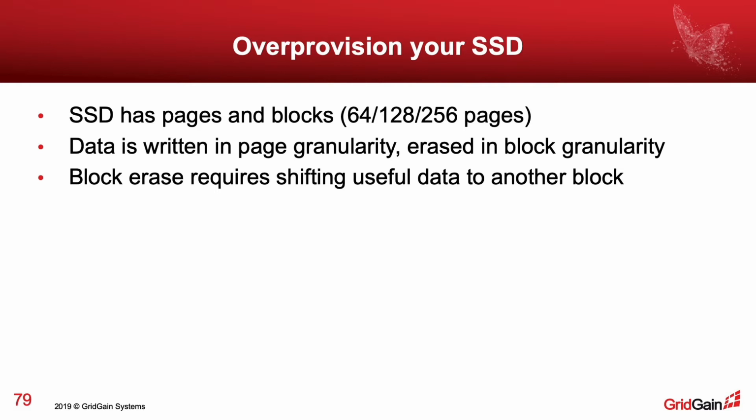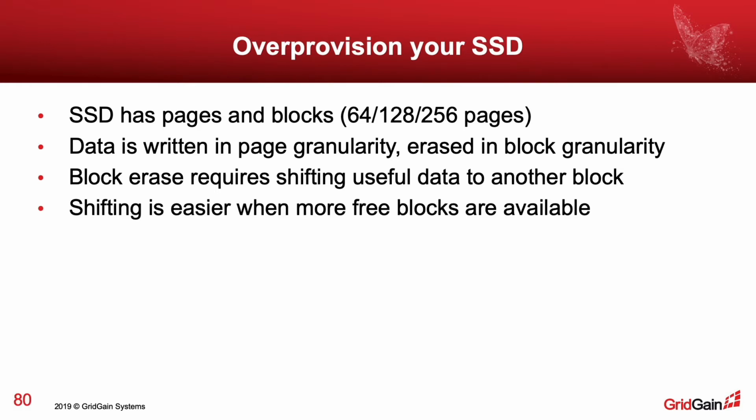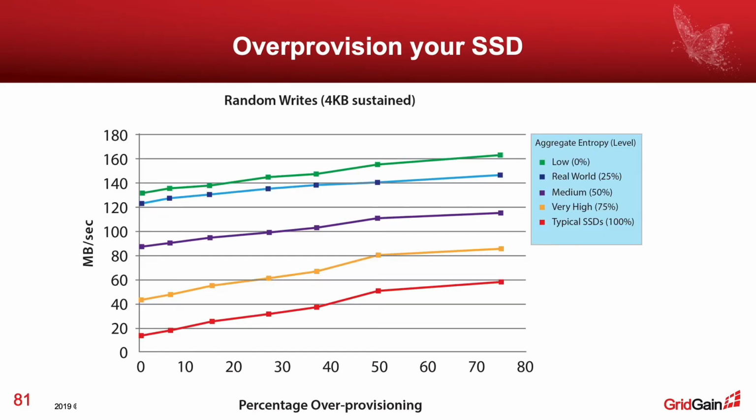And shifting is easier when more free blocks are available. Here's a graph with several lines. It shows how speed depends on the percentage of free space on your SSD drive, and the differently colored lines are different load patterns. The green line is when the load pattern is absolutely predictable, when you just write data in an append-only manner. And the red line is